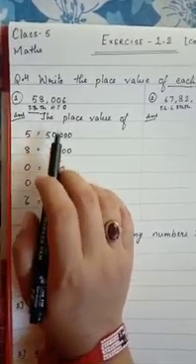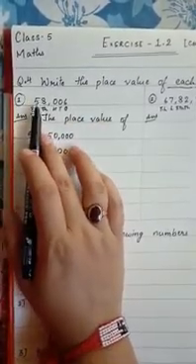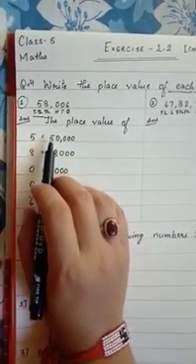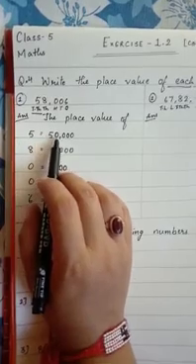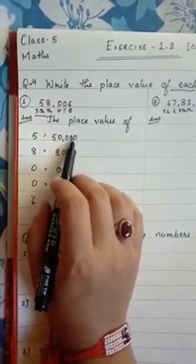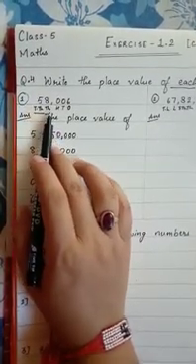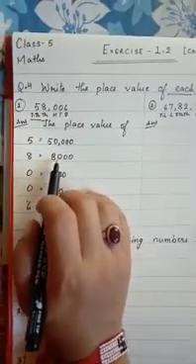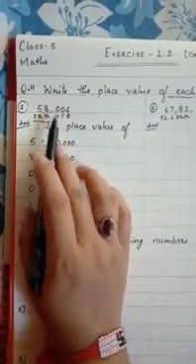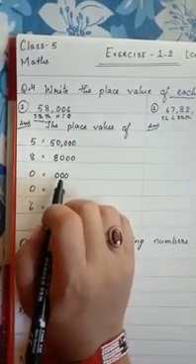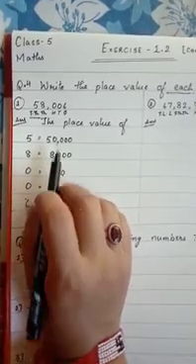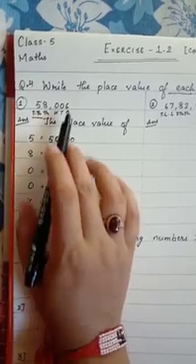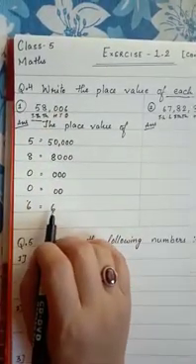Okay, so here the place value of 5 is at the 10,000's place. So 10,000 means 5 into 10 will be 50, so 50,000. Then 8 is at the thousands place. So 8 with 3 zeros makes 8,000. Then 0 is at the hundreds place, so 0 with 2 zeros will make 0. Then tens, that means 1 zero, and 6 is at the ones place, so we will simply